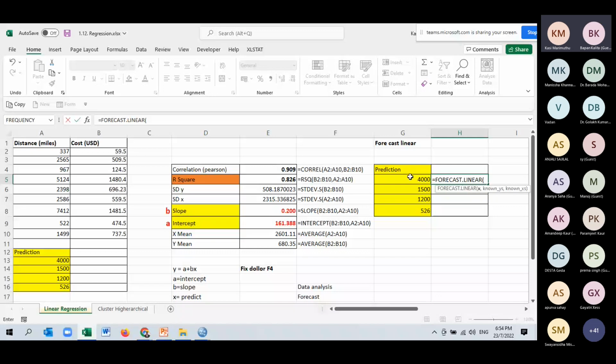So X is this, comma, and then what is our known Y variable? This is our known Y variable. So we are going to go for a flash fill. So we need to fix this reference value. Press F4. In your laptop key, the first row will be F4. Fixing the values, comma,